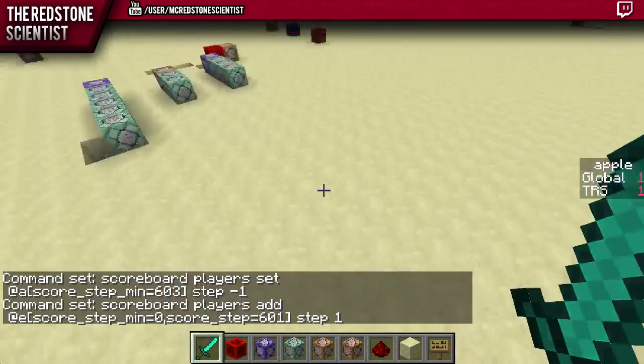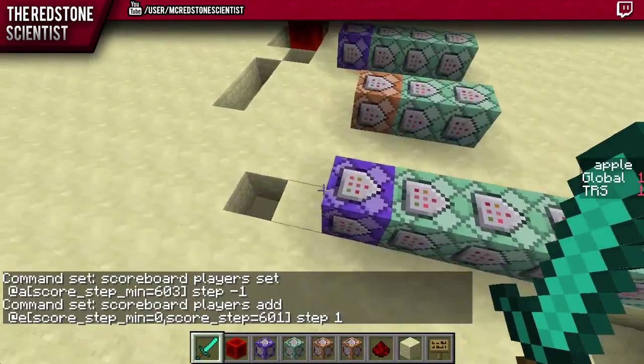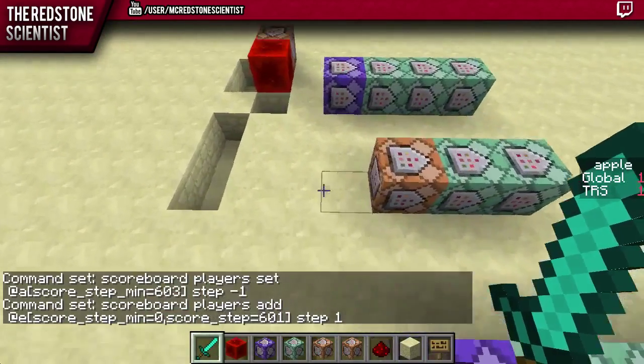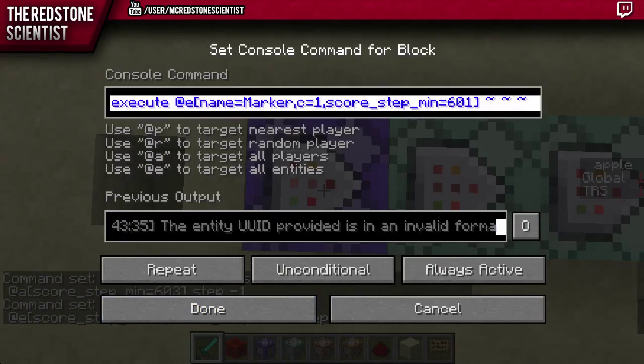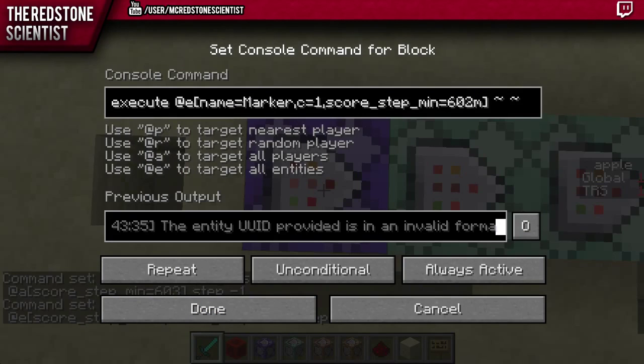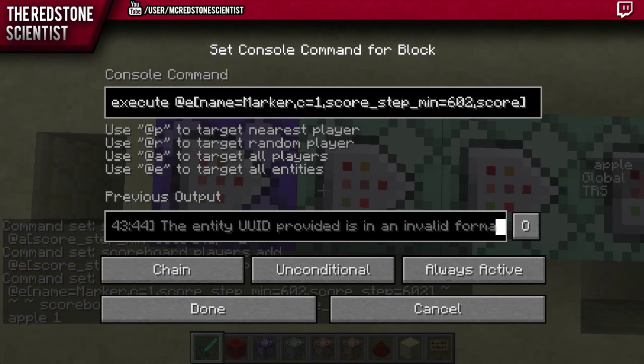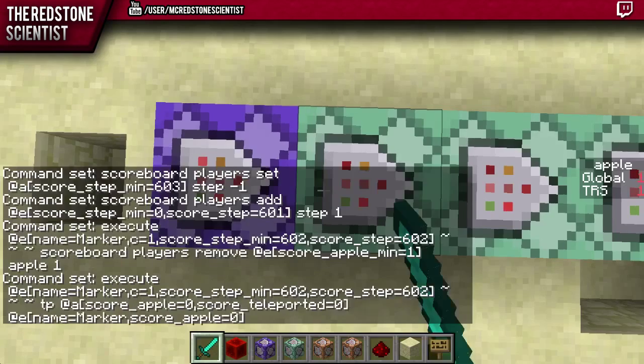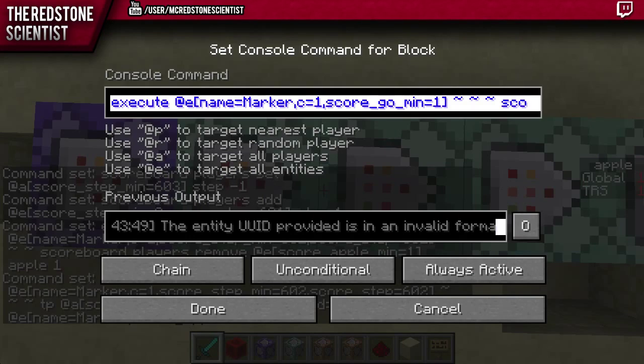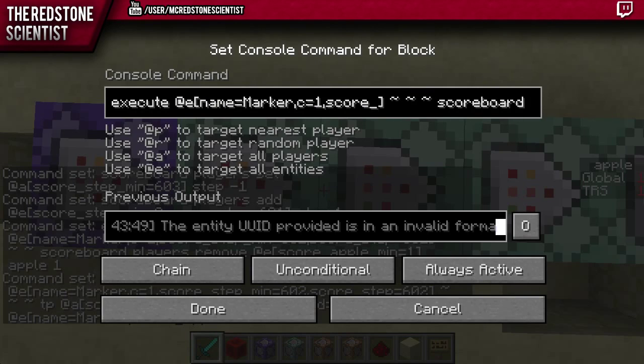Okay, so that then we can manually stop it when we're done. So let's actually go back and change this to minimum of 602. Score step equals 602. Okay, 602. Score step equals 602. And once again, let's remove that. Score step